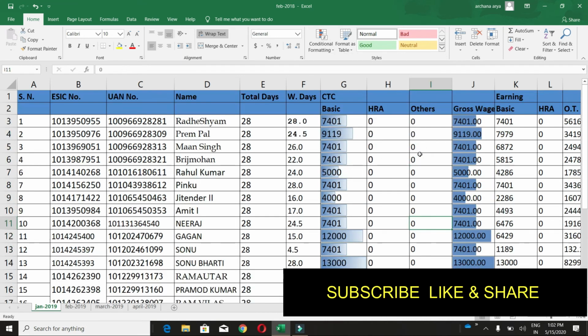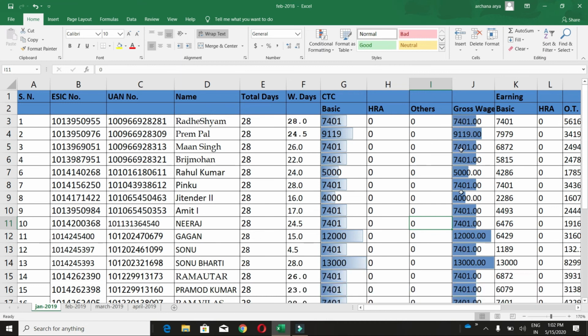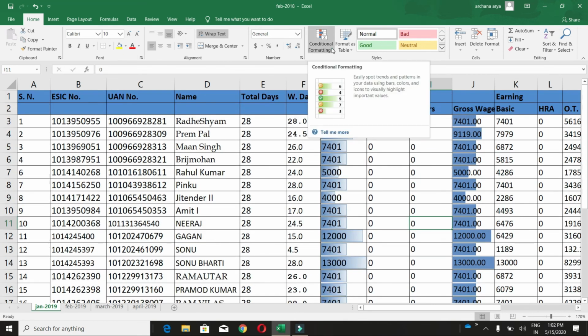So see guys, what is the difference between the two? One is partially colored and the other is solid colored. The gradient has a shadow, light color on the right side and dark color on the left side, but this one is the same color in the whole pattern. So guys, this is the difference between the two patterns, gradient and solid.